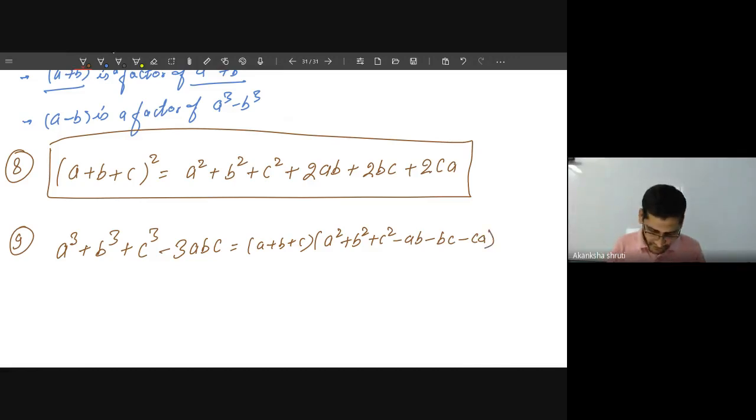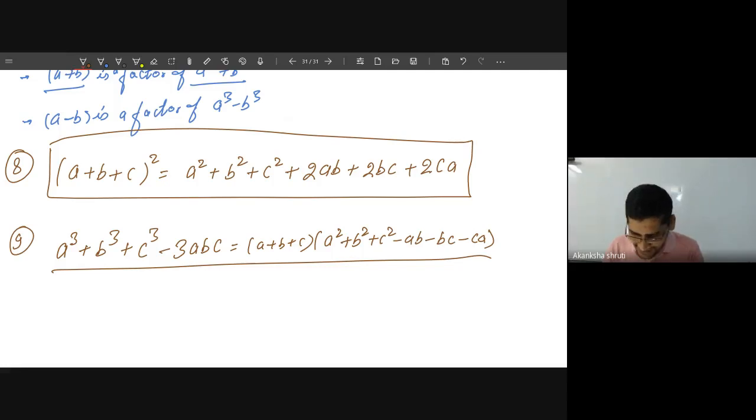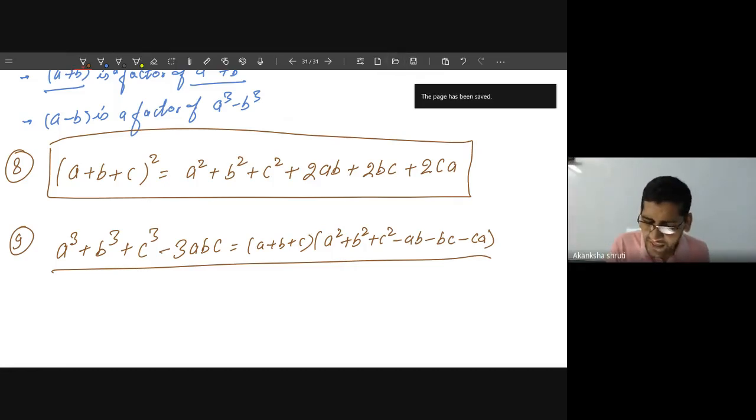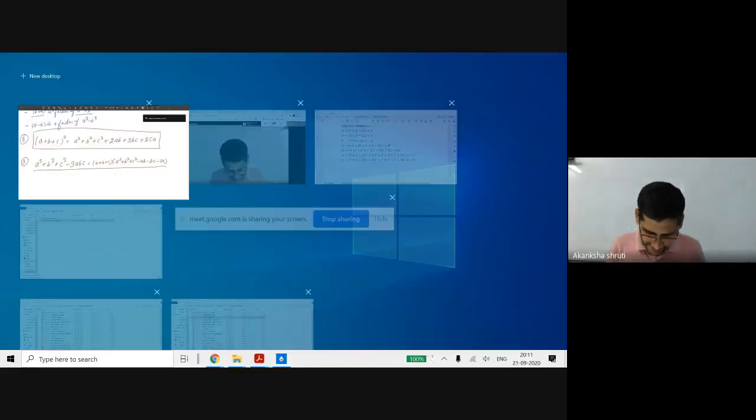Okay, students, though this is now removed, there is no need to mug it up, but at least you must know it. Do not think that it is not required. It is useful in our other chapters and in our higher standards. So this thing we have to keep in mind. So these 9 are the very basic identities. Let us see.